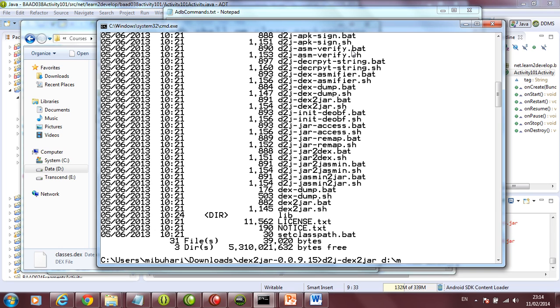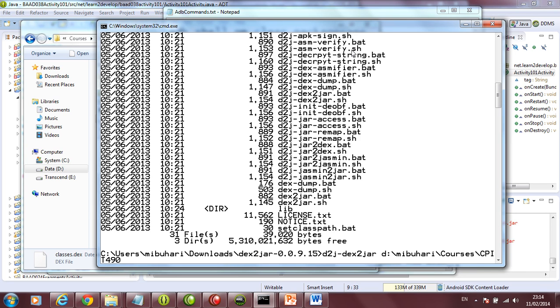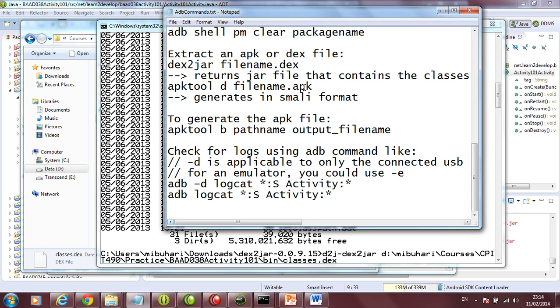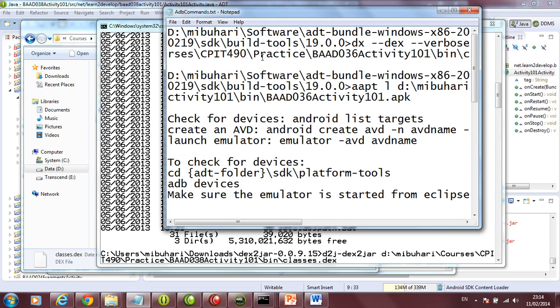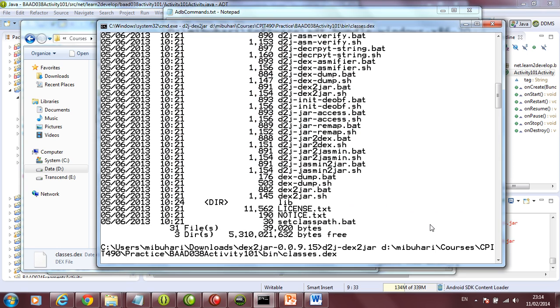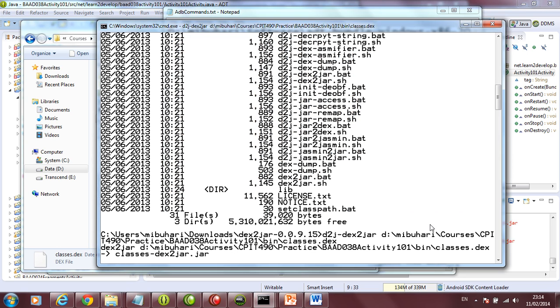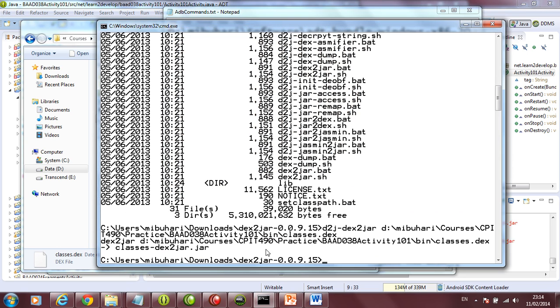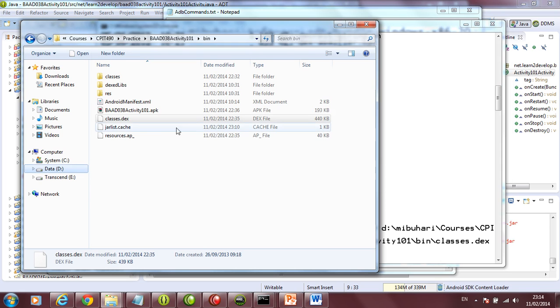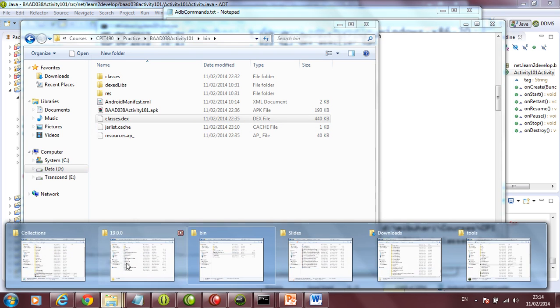So let's say, I'm going to say Bukhari courses CPIT 490 practice pad038 bin, then classes.dex. So I'm giving dex2jar this command here. Okay, so now it is actually converting it into a jar file. If you want to see what the contents of it are,